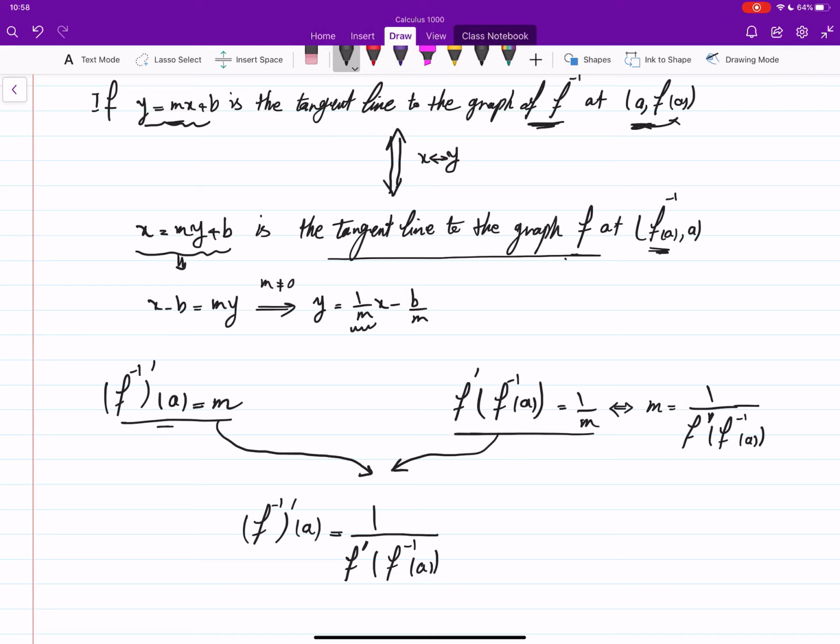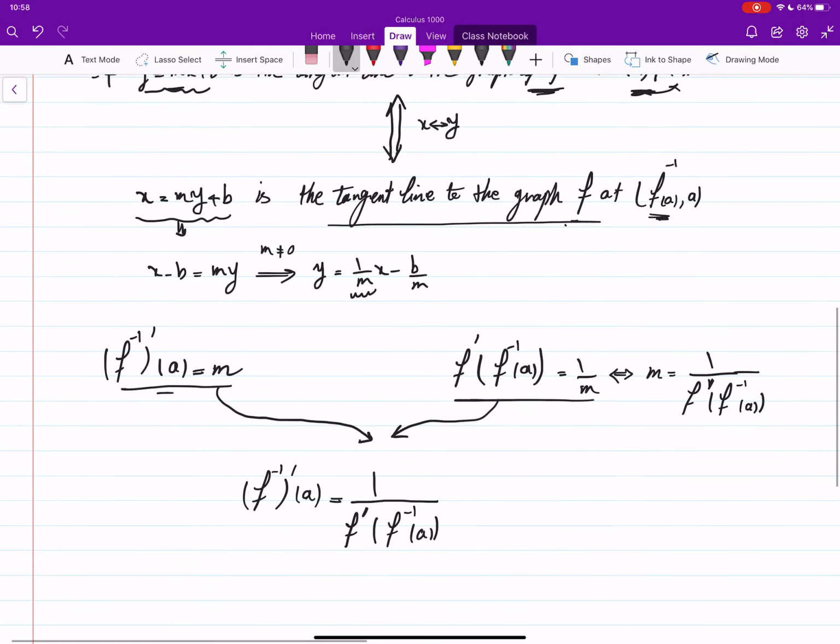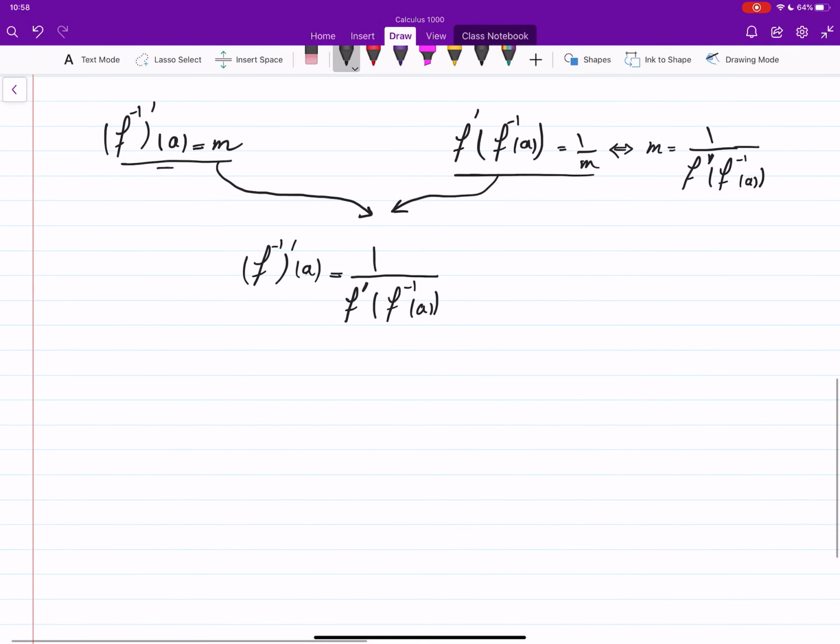So we found a relation between the derivative of the inverse function and the derivative of the function itself. This is called the inverse function theorem,